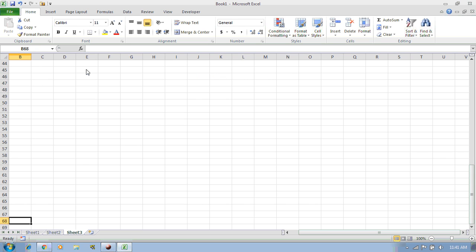So you can see that the scroller is getting smaller as we scroll through more and more rows, because the number of rows we are covering here is larger. That's why the scroller is going to be smaller. And till here you can just use the scroller to see the rows.